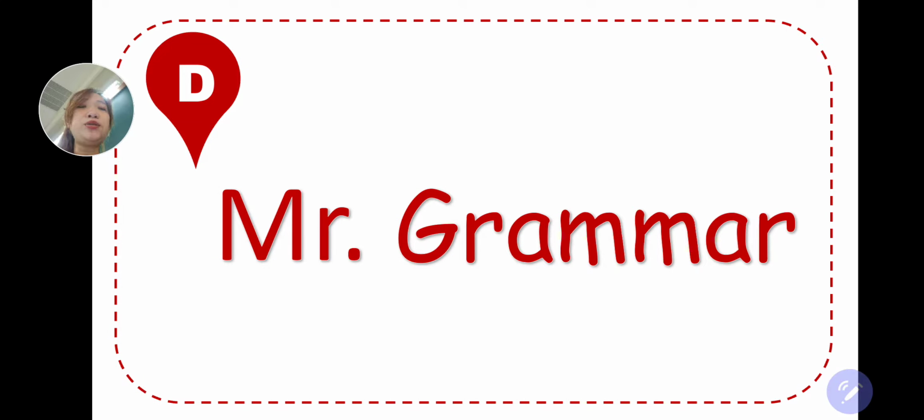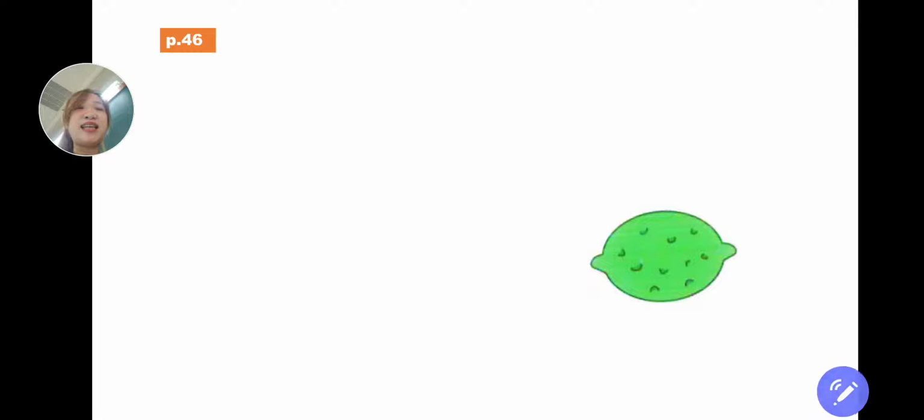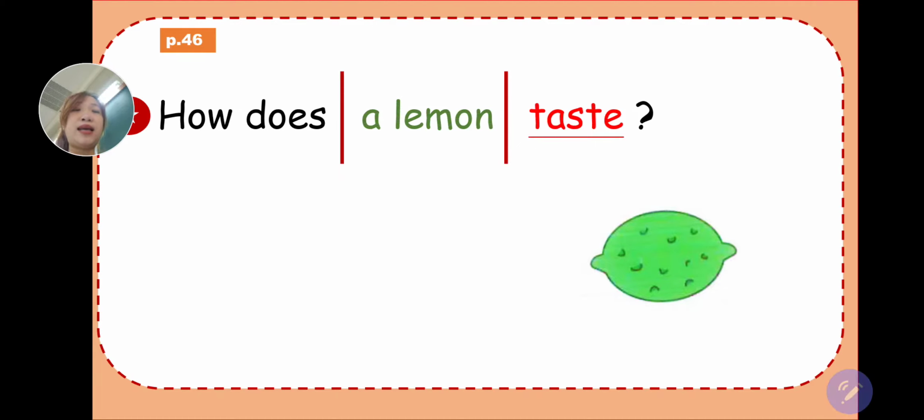Okay, we are going to Mr. Grammar. Mr. Grammar, are you ready? Let's turn to page 46. 46. We have to make a question. How blah blah blah. 我们现在要做这个 question 的Q&A question and answer 的一个练习。For example, this one is a lemon. So you have to say, how does a lemon taste? 好 taste. Do you know what is a taste? 好 taste 就是尝。